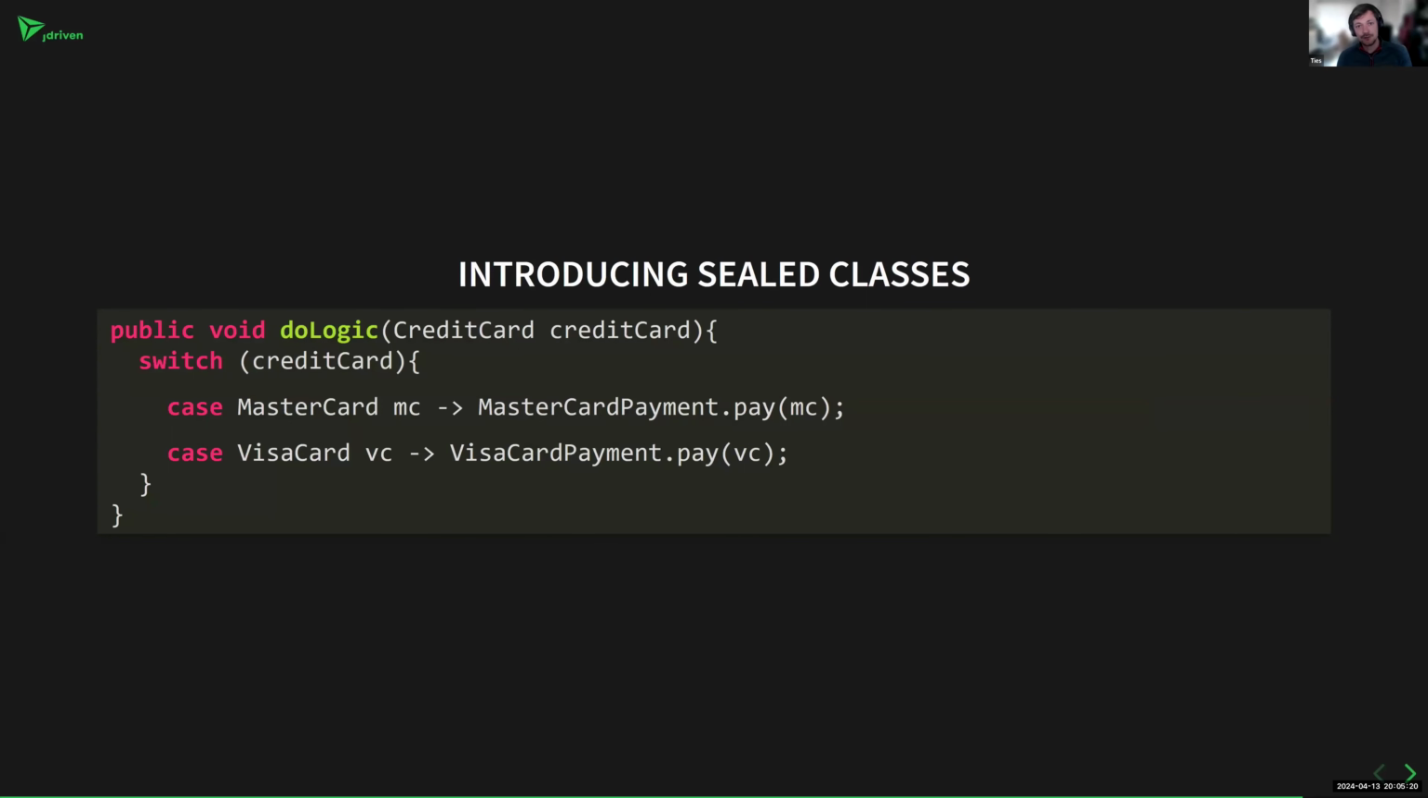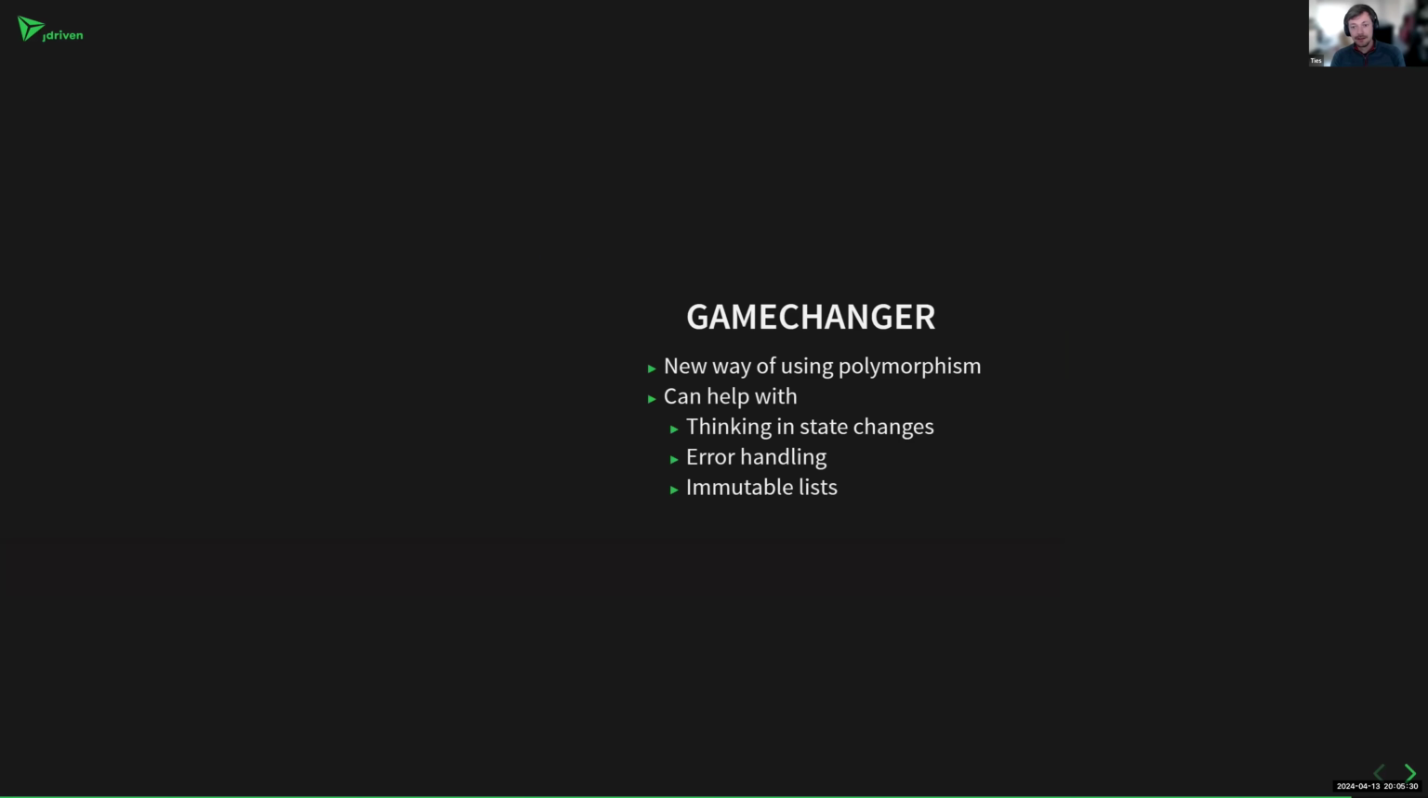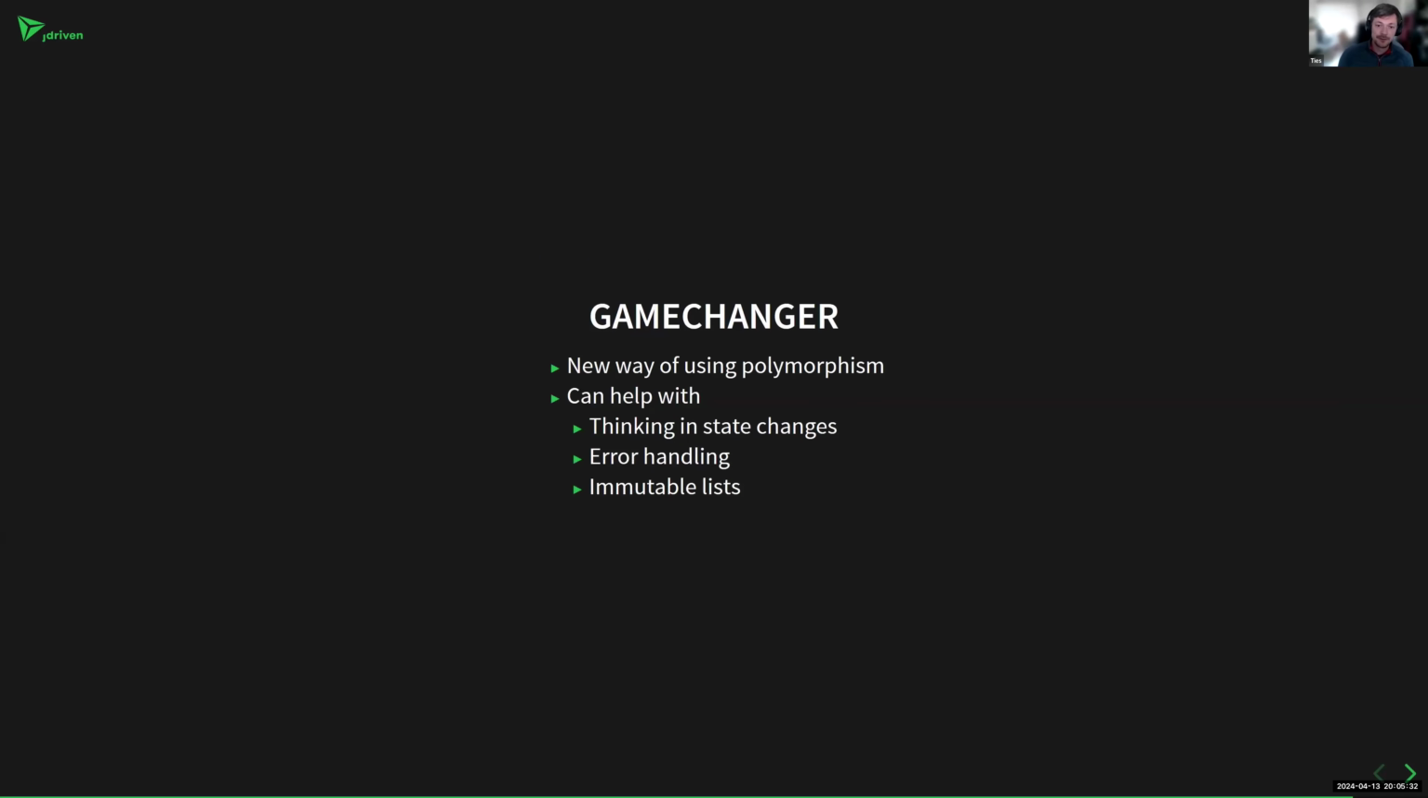If it's a signed contract, go this way. If it's an unsigned contract, go that way. We get a result from a function: it either succeeded or it failed. We can use this pattern matching for all kinds of purposes, and that's why I think this is really a game changer. This is a new way of using polymorphism we didn't have access to before Java 21, which also means